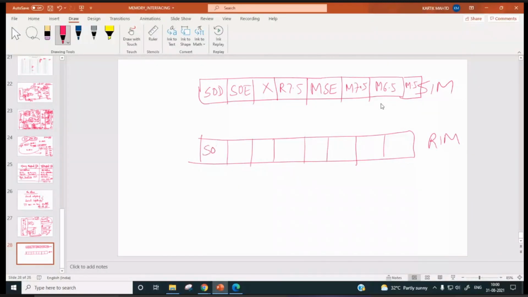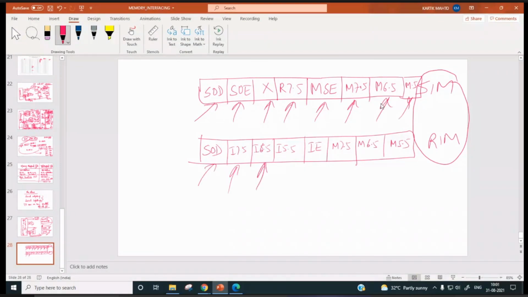Here it will be SOD, I7.5, I6.5, I5.5, then interrupt enable, IE, M7.5, M6.5, M5.5, right? So you need to go through these two instructions. Just go through the function of all these bits. Then I will discuss in detail in the next class, so it will be clear to everyone.